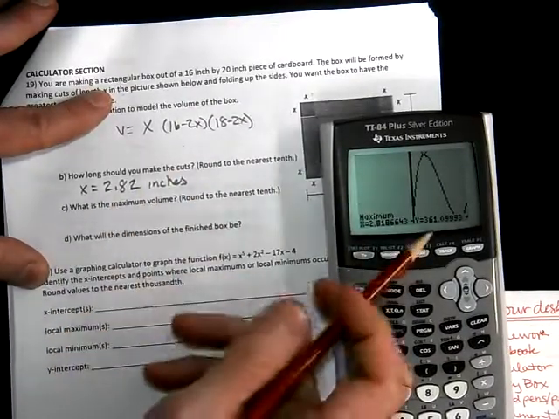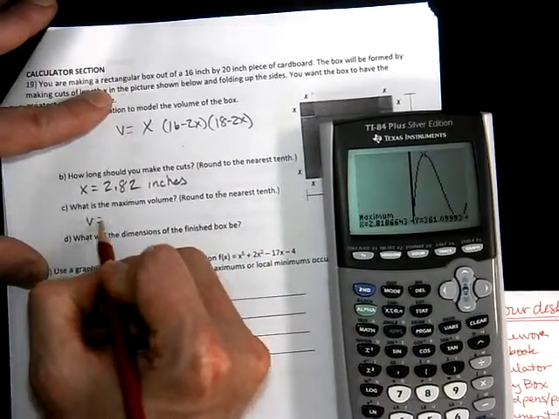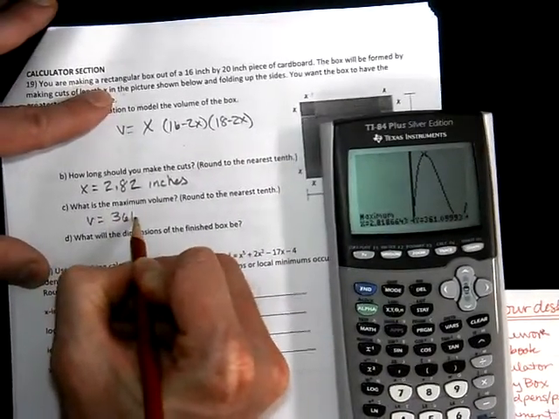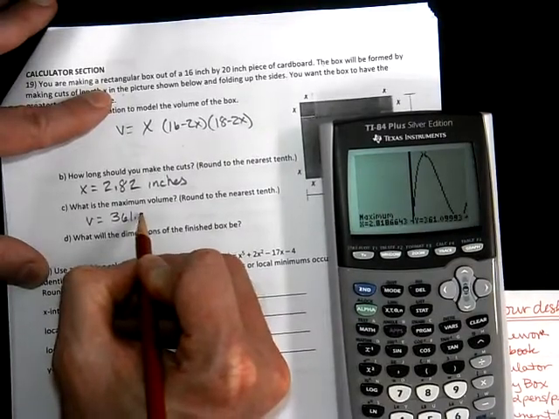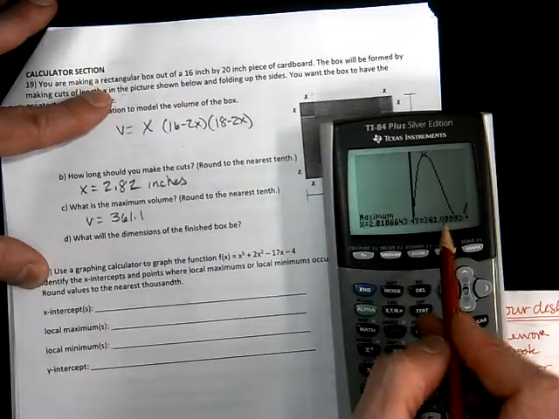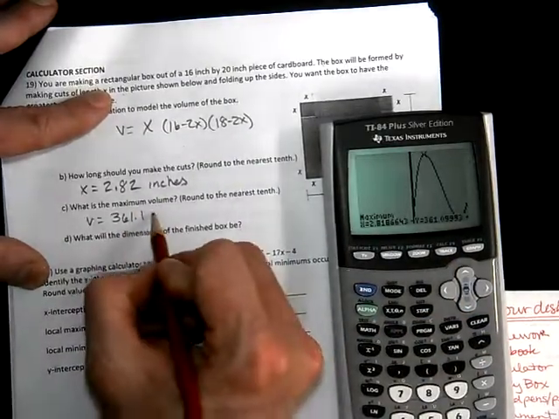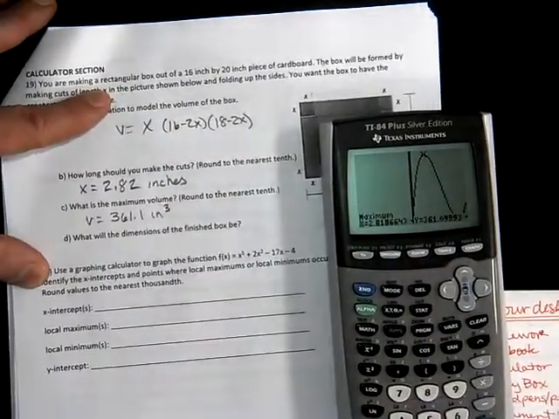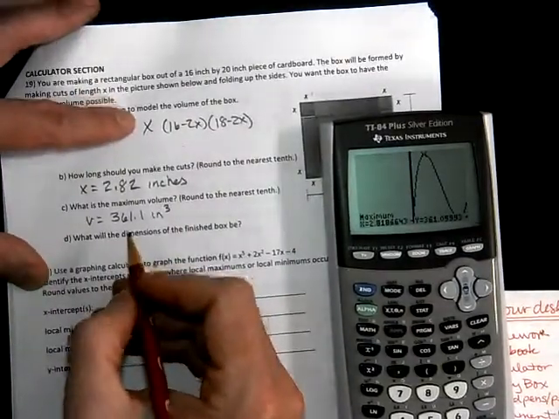What is the maximum volume? The volume is 361.09, which you round up one number, which rounds up the next number, which gives us a 1 there. These are inches cubed. And the dimensions,